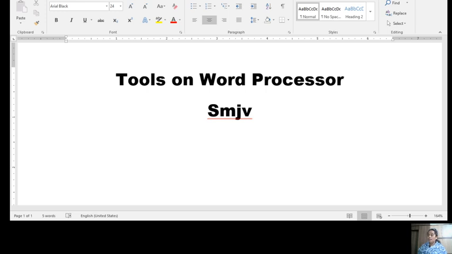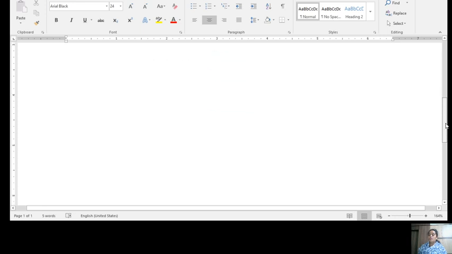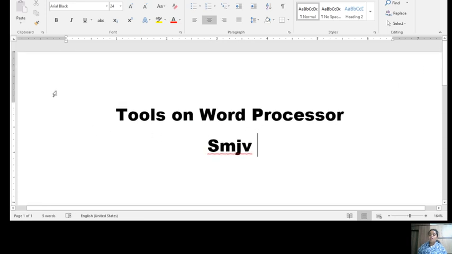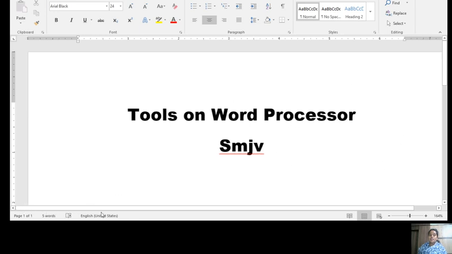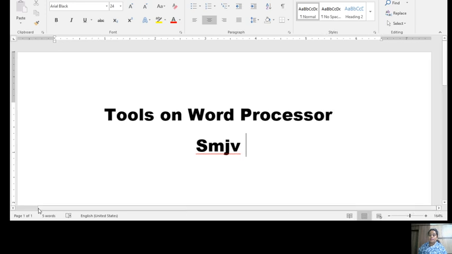Then comes your title bar, window control buttons, ribbon, tab, group, scroll bar, document area, cursor, status bar, page 1 of 1.